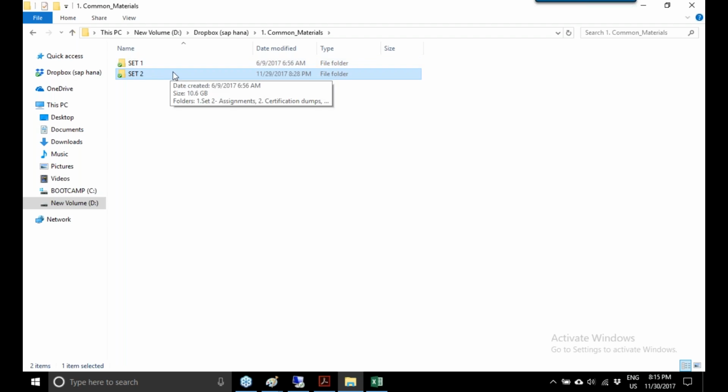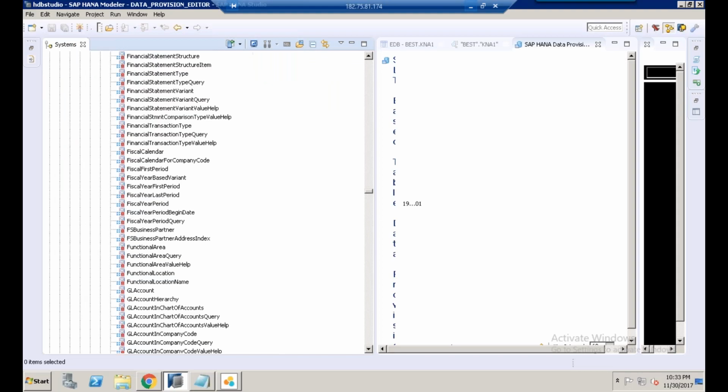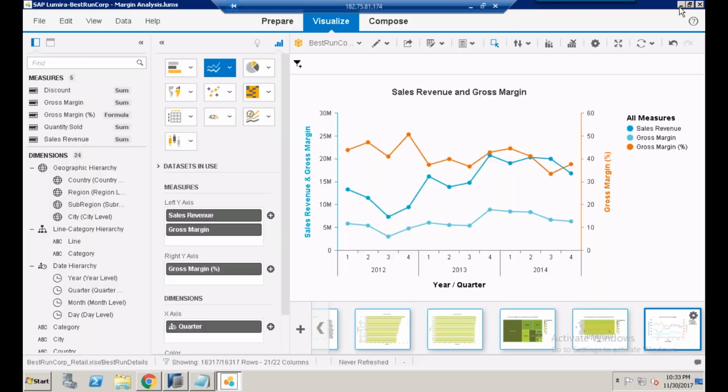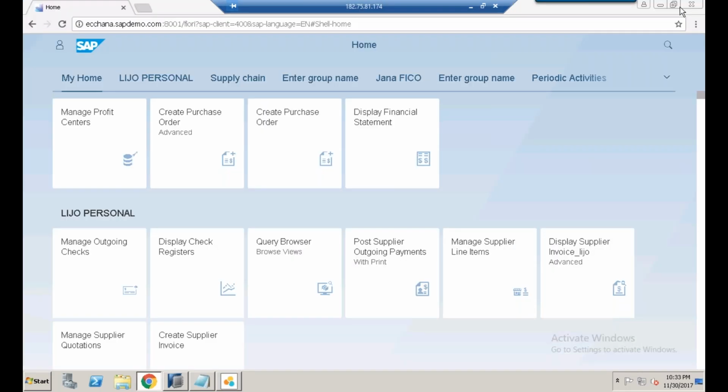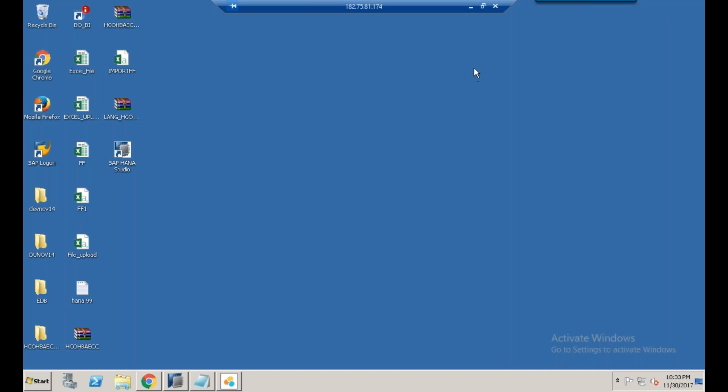So complete system access will be given to the participants for 6 months. The entire HANA S4 HANA 1610 edition, and the 1709 edition, which is the latest version. And the HANA 2.00 version. And all these are latest versions. You'll get the system access for 6 months.